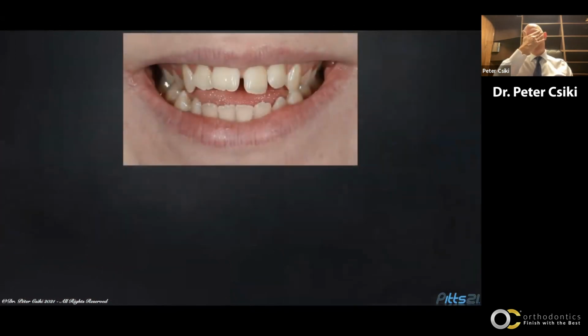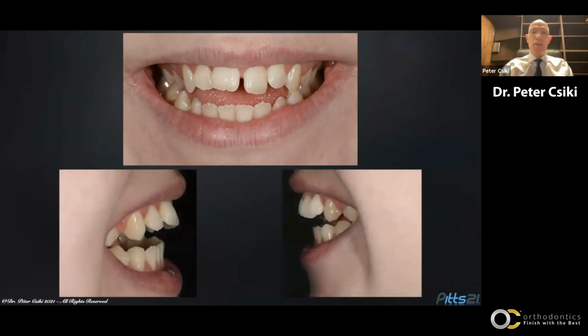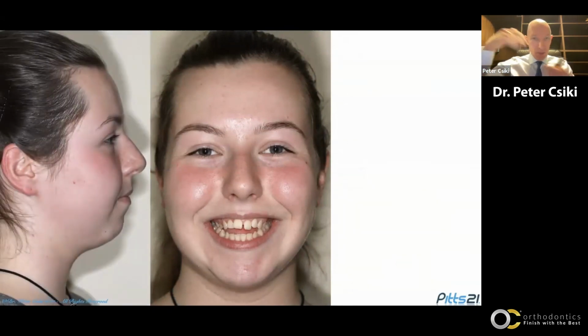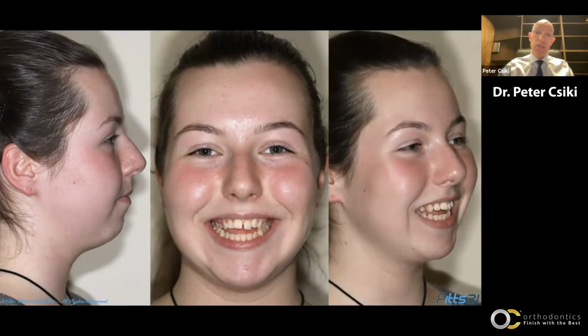She was told to have orthodontic surgery by 6 orthodontists. And obviously I told her and the parents that during the treatment we should probably use TADs by closing the bite down, because the patient always becomes more gummy in these types of cases, and we don't want to develop a gummy smile. But on the other hand, it's also true that by using light forces and